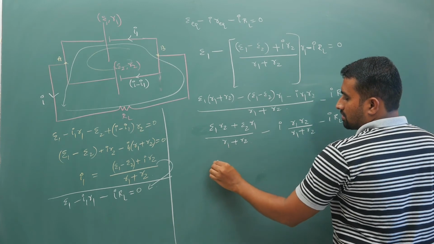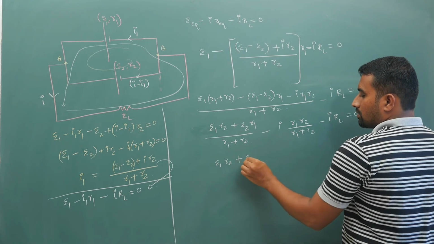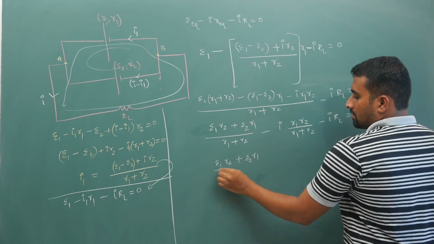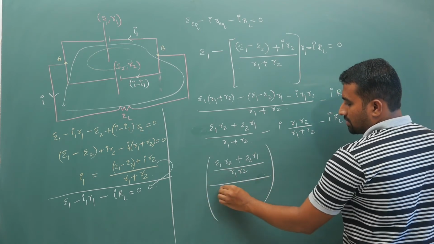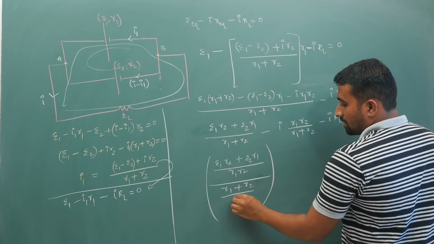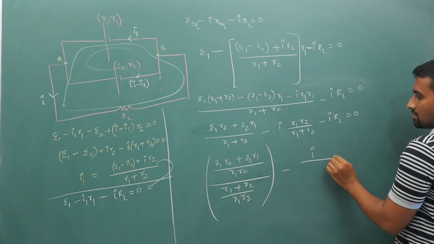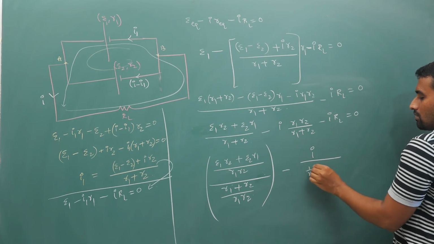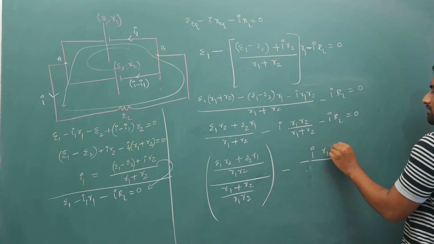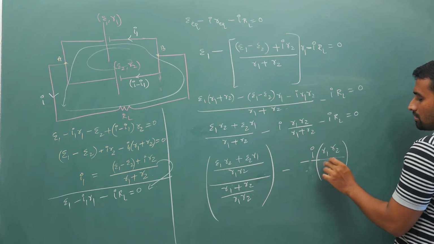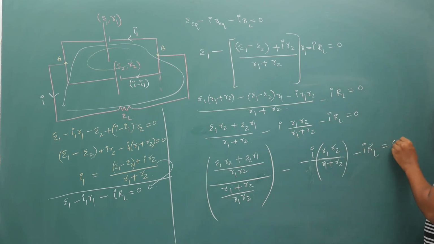divide this with 1 by R1 plus 1 by R2, that will give you (E1 by R2 plus E2 by R1) divided by R1 R2. I am just rearranging. Why is that? I will tell you. R1 plus R2 by R1 R2. I have divided this expression with R1 R2 minus I times divide R1 R2, that will give you R equivalent for parallel is R1 R2 by (R1 plus R2) minus I times R load is equal to 0.